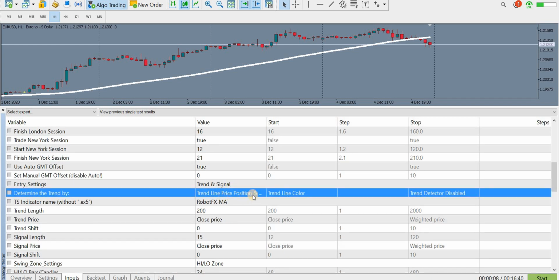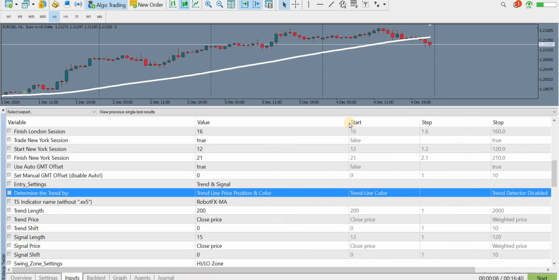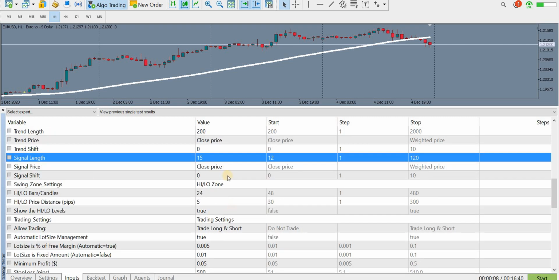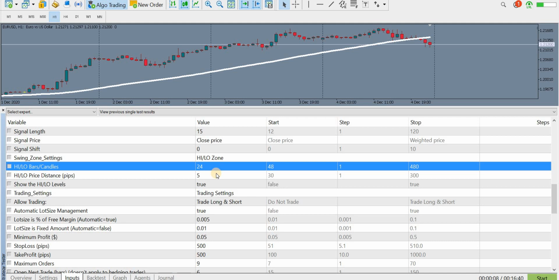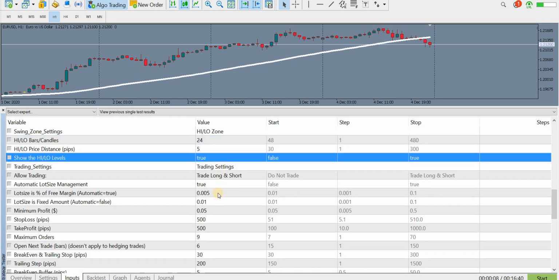I use the same trend detector settings based on the trend line price position and the color of the trend line. The trend length is the same. The signal length, I don't remember if it was 15 in the previous video when I was not hedging or not. I think it was 12. Anyhow, now it is 15. I have increased it, so the signal moving average will change color not so often. What else have I changed? I think I have changed the high-low zone. The previous video was shot a few days before, so I kind of forgot. But anyhow, the most important part that I was getting to,